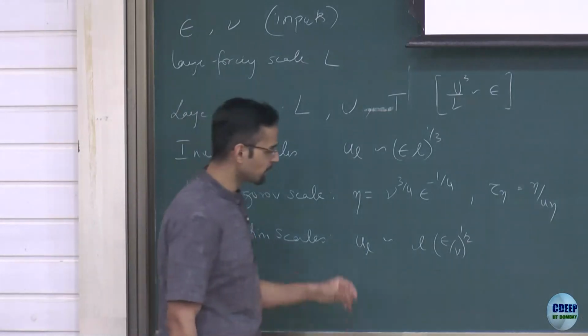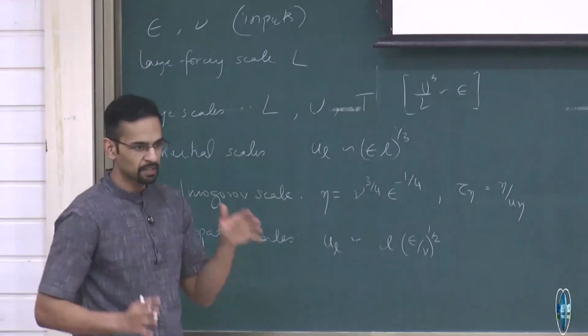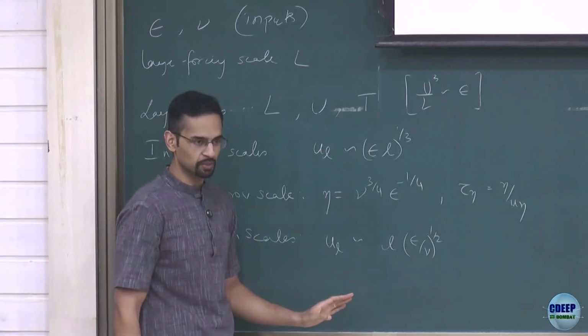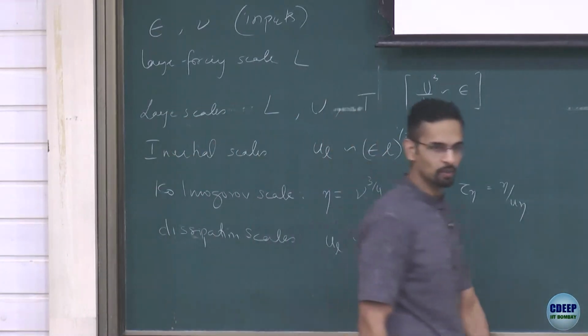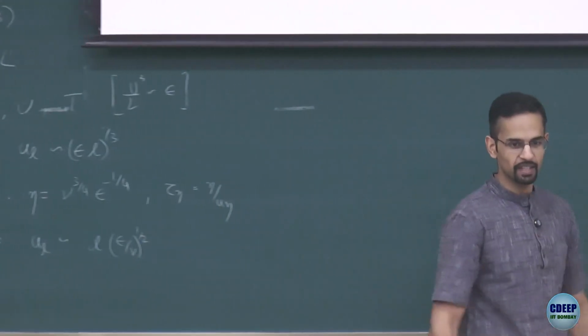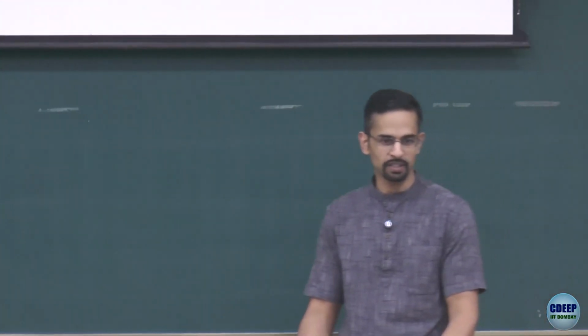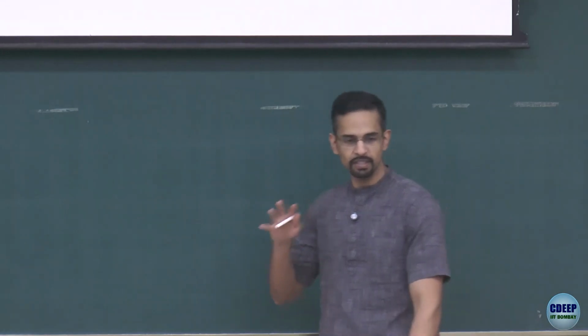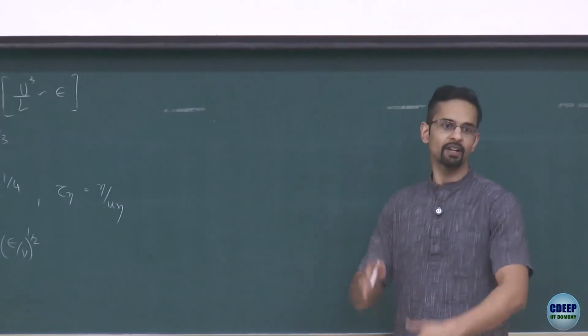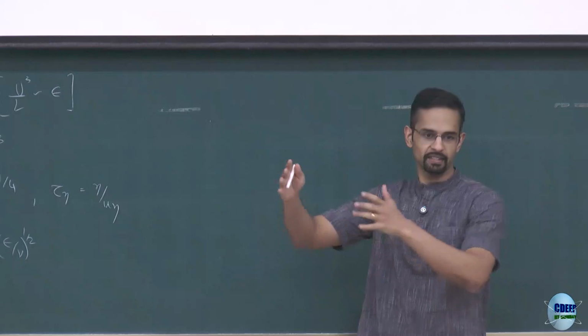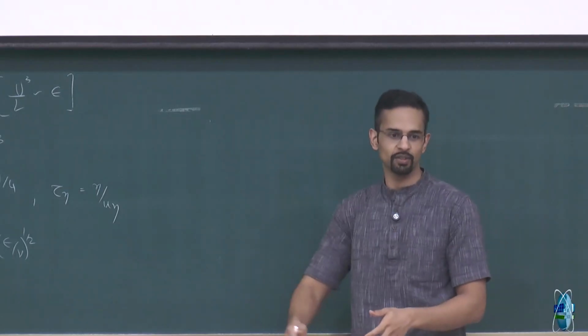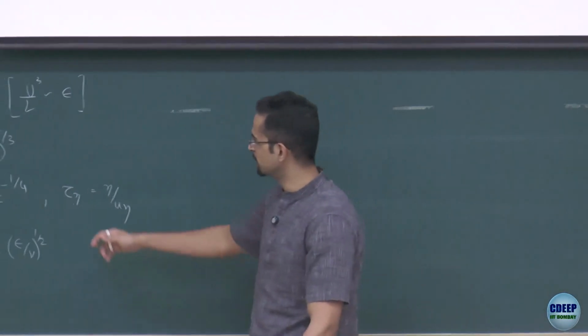But if I zoom in, then I will see what looks like a sharp jump. If I zoom in sufficiently, eventually it will become smooth. But I have to zoom in below the Kolmogorov length. Then I will see that, okay, actually the flow is smooth because of course there's viscosity. If I zoom out, the effect of viscosity is happening at such small scales that it will look like the flow is suddenly, there's a large velocity, suddenly it's going to zero. That's what I mean by it being rough.